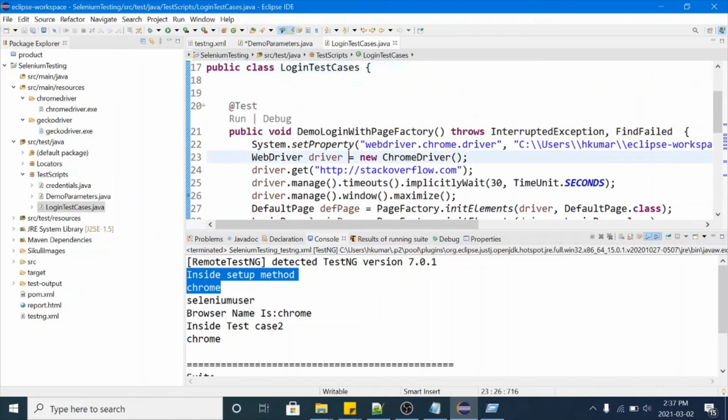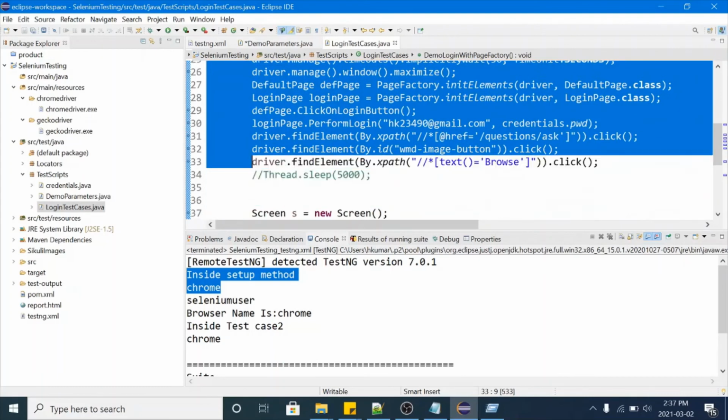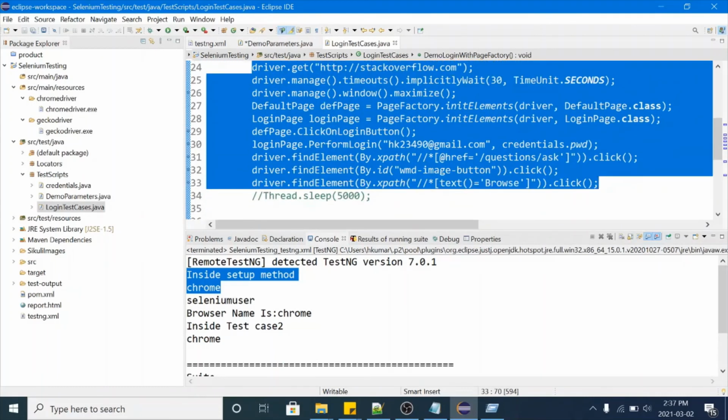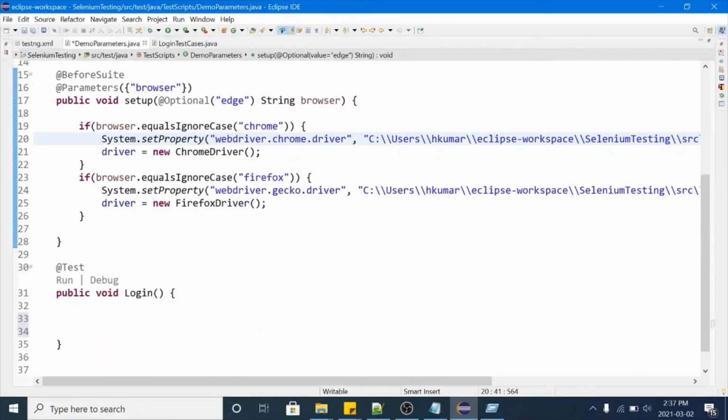So we can just copy this whole script, so I will not waste time writing it again. This script will perform login into stackoverflow.com.